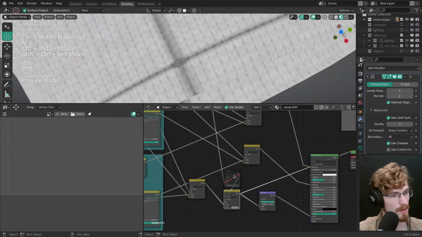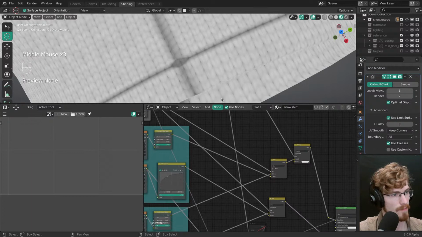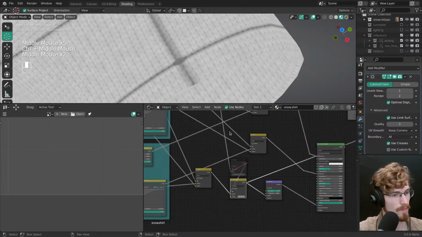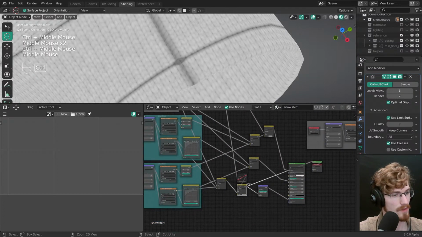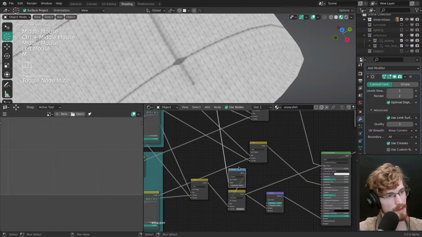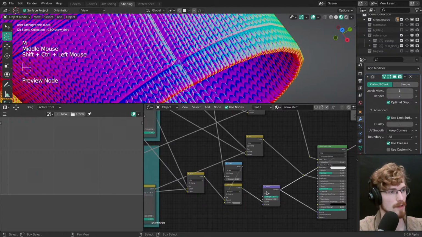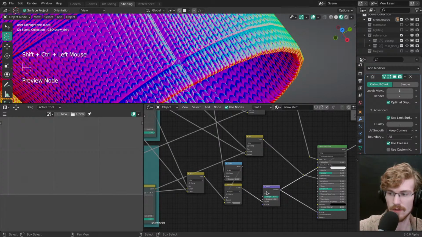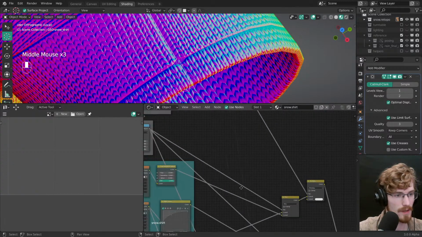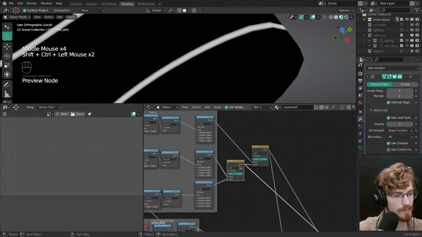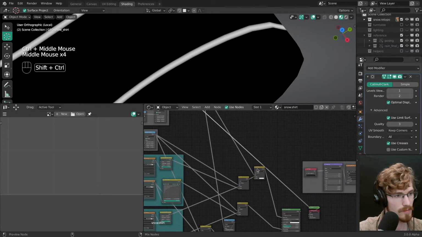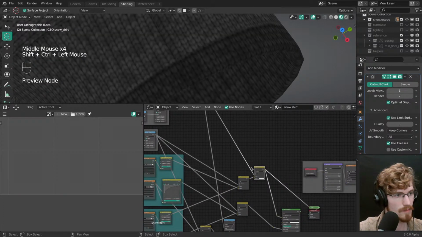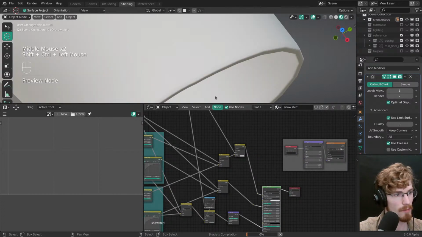Okay. Yeah, it is pretty much because this is being multiplied on top. Not quite sure how to resolve that. Doesn't cause a problem with